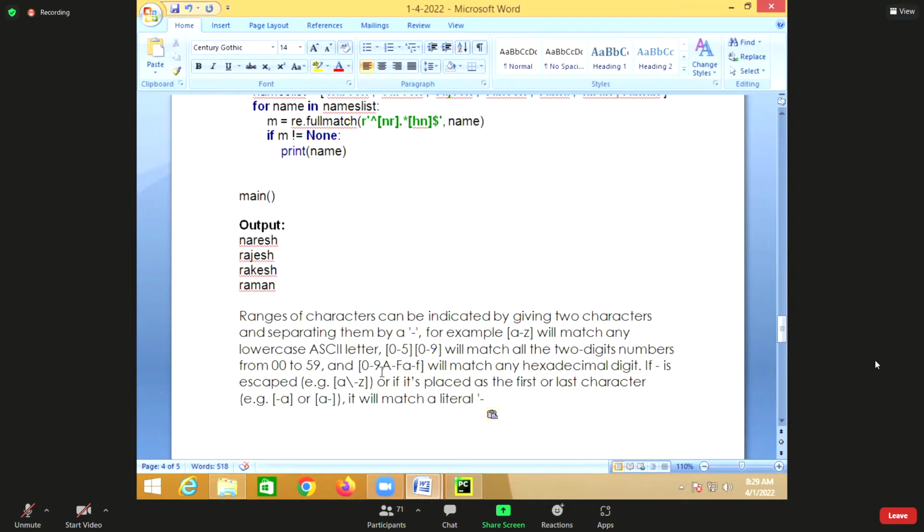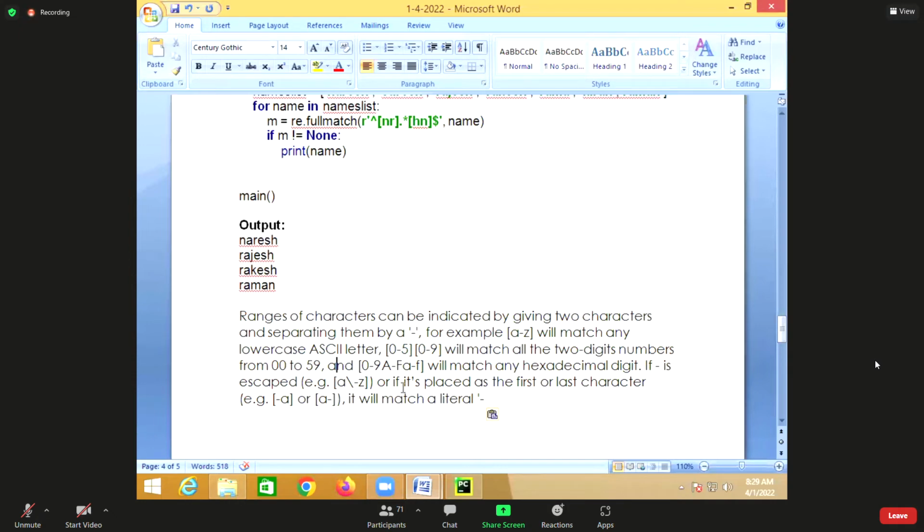And if you are writing 0 to 9, A to F, a to f, this is hexadecimal. So digits from 0 to 9 and capital A to F or small a to f.